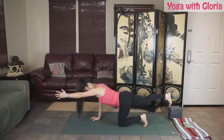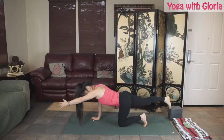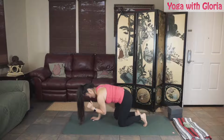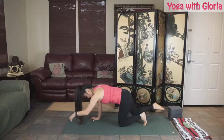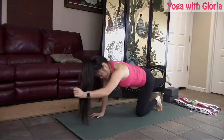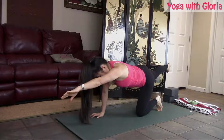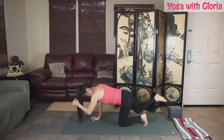Little pulses. If it's too hard, take your hand down. And if it's not hard enough, we're going to add on a little dynamic core. Elbow towards the knee for 10, 9. It doesn't have to touch, but if it does, great. You can just move towards it. We'll do 5 more. 4,